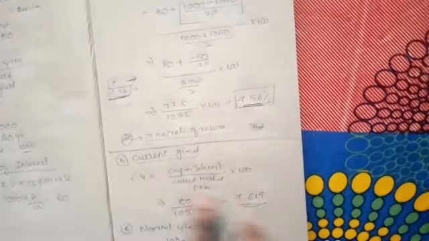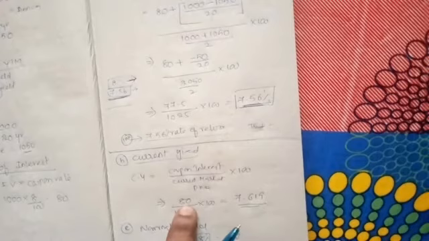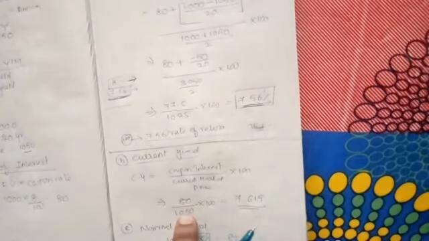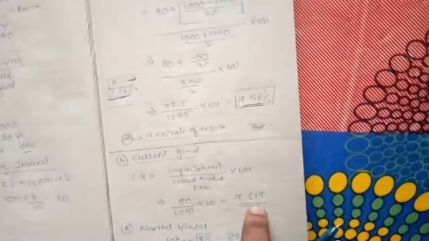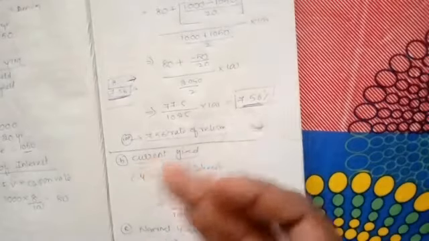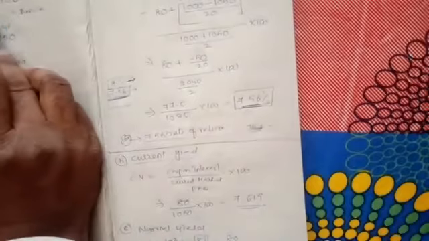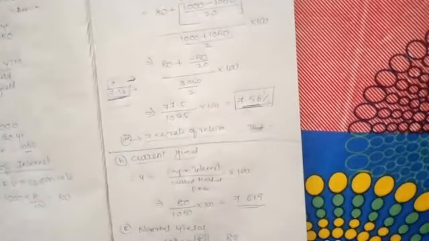What is the current yield? A simple formula to calculate the current yield is coupon interest divided by current market price into 100. What is the coupon interest we are generating? That is 80. And the current market price is 1050, into 100. You will get a current yield of 7.619. What is the nominal yield? Nominal yield is what you are getting on the face value. As he mentioned, you are going to get 8%. So the nominal rate of return, or nominal yield, will be 8% only.